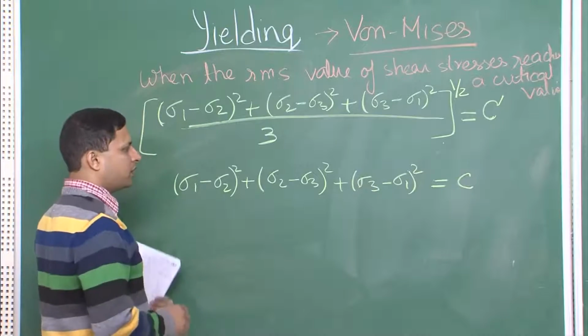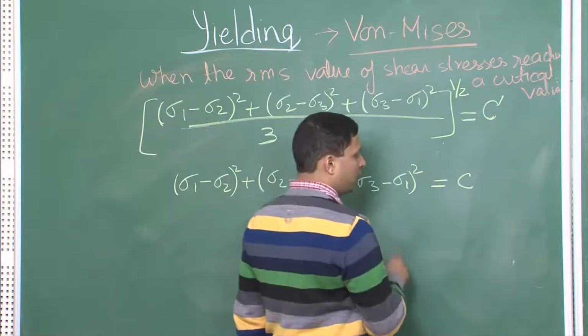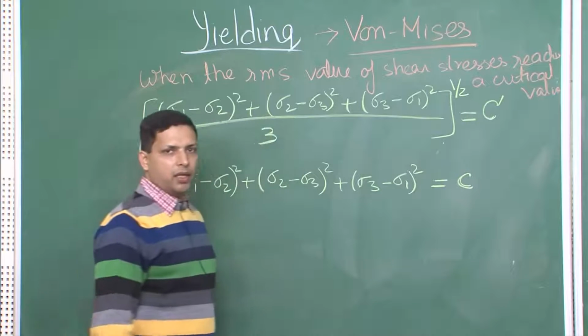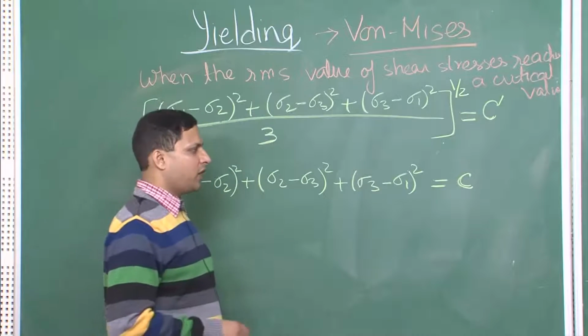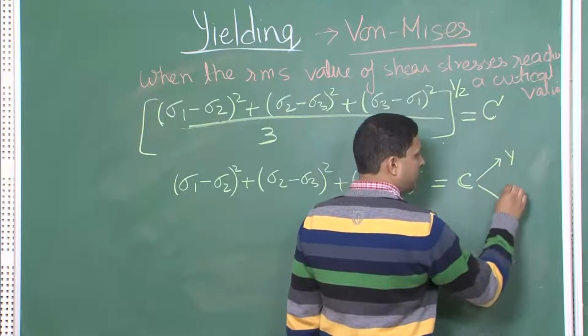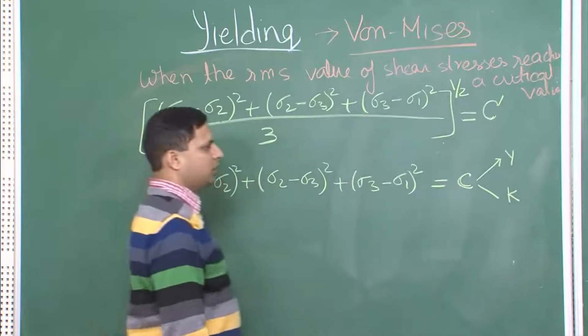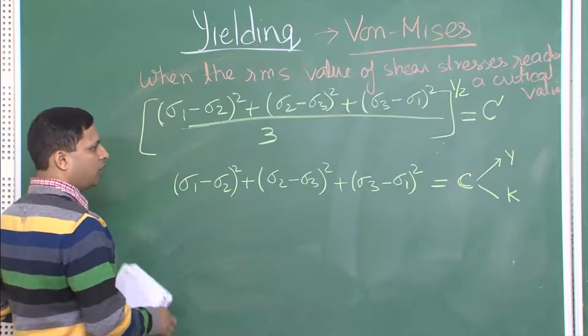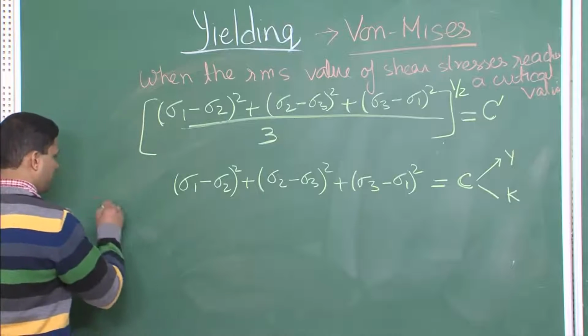Okay, now what is next? Here we have the form of the equation, but what we do not have is the value of C. More importantly, like in the previous case, we would like to relate C to the yield strength of the material and the shear strength of the material. So, let us look at the value of C, and to do that again all you need to do is